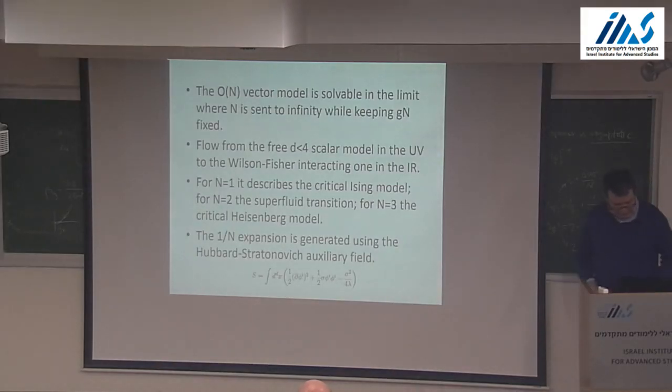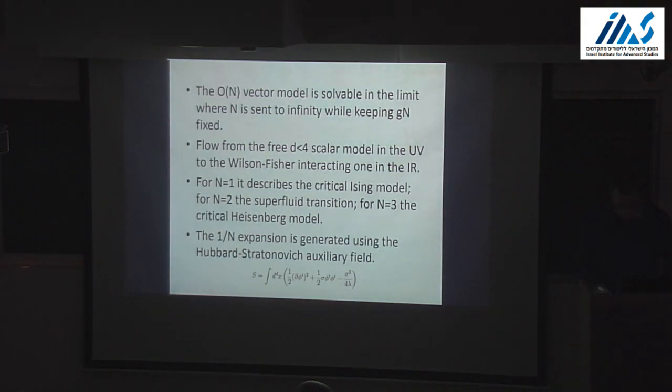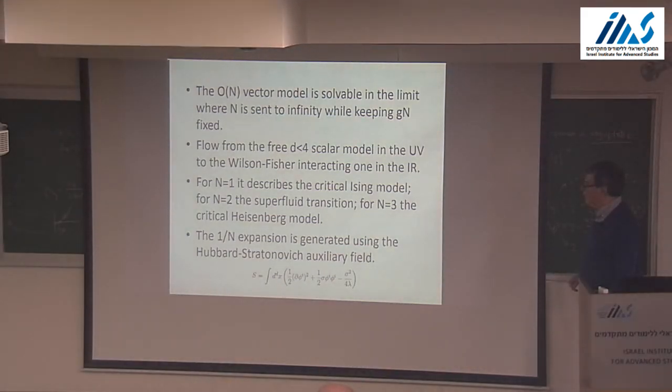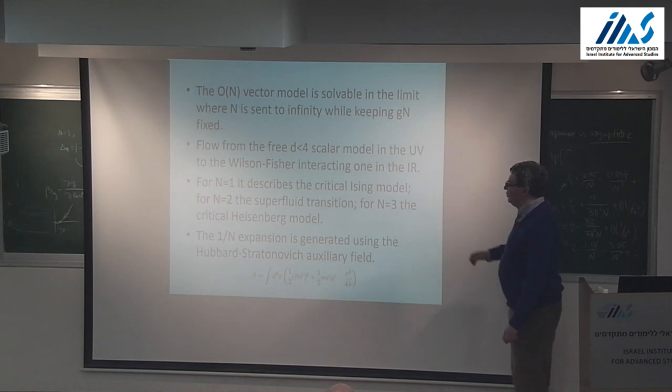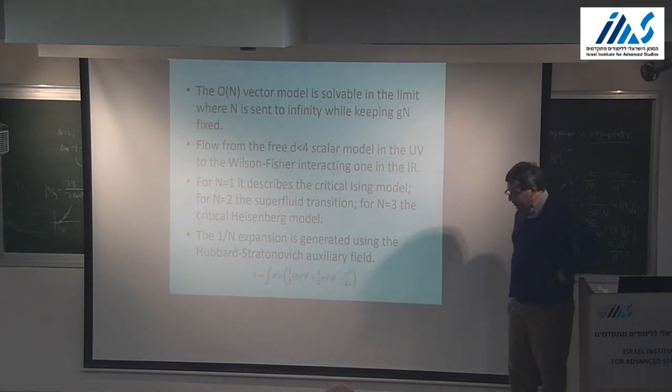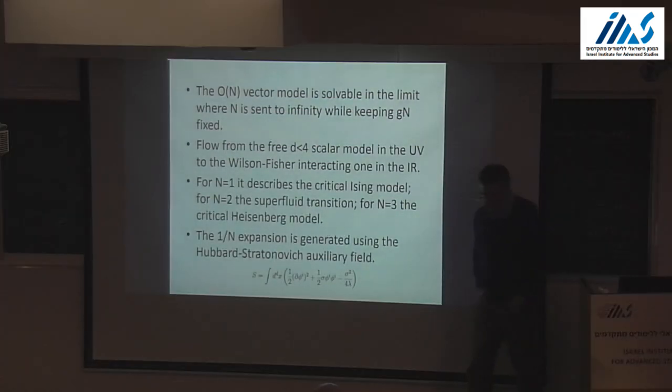A very quick recap of what I was saying. In, for example, between 2 and 4 dimensions, all of these models have second order phase transitions formally, and they're applicable to nature. Like n equal 1 describes the critical Ising model, n equal 2 the superfluid transition, the XY model. For n equal 3, we get the critical Heisenberg model, and so on. And then you can use this trick of introducing the